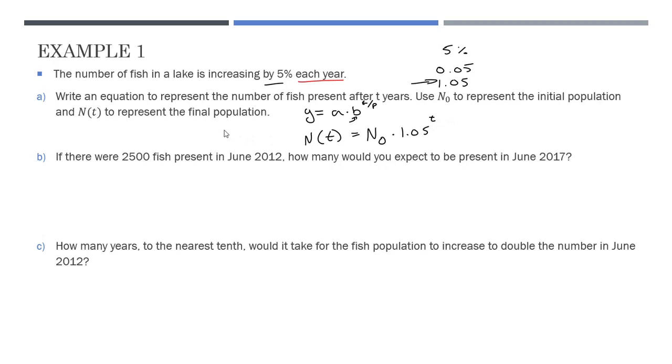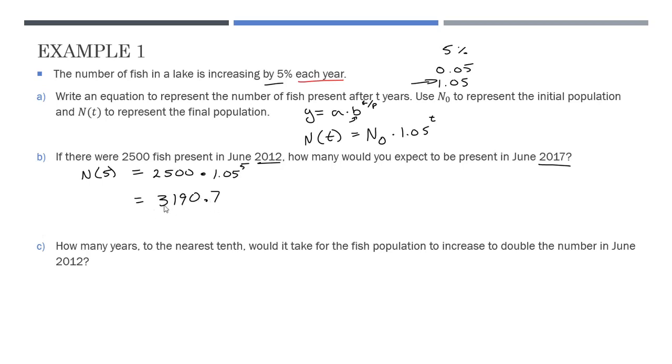So B, if there were 2,500 fish present in June 2012, how many would you expect to be present in 2017? Well, we've already got a nice equation for us. So this time we're doing 5 years from 2012 to 2017. So it'll be N of 5 equals, well, our initial fish is 2,500 times 1.05, so that's our rate, and this time our t is 5. You can put that into your calculator all at once, you get